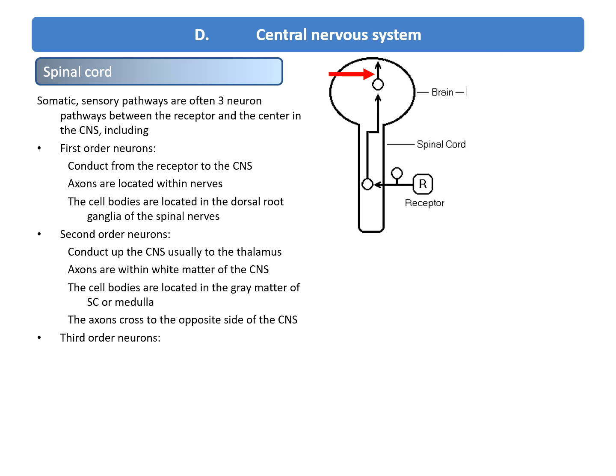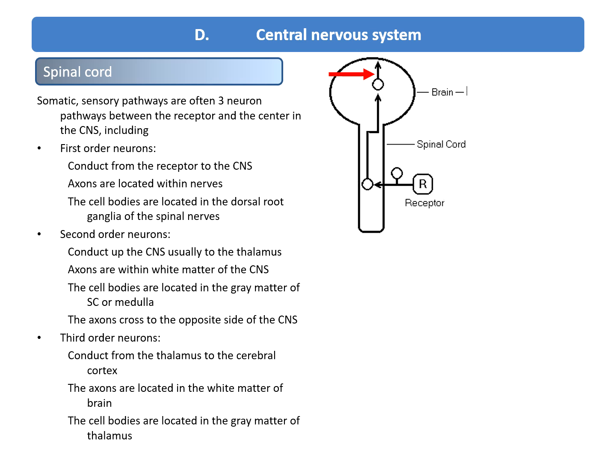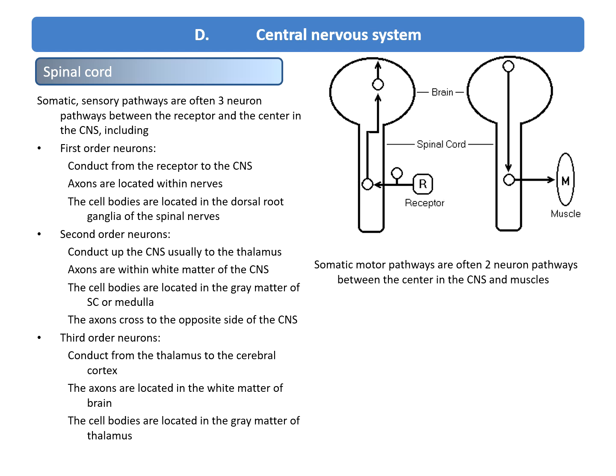Then there are the third-order neurons. They conduct from the thalamus to the cerebral cortex. The axons are located in the white matter of the brain, and the cell bodies are located in the gray matter of the thalamus. Somatic motor pathways are often 2-neuron pathways between the center in the central nervous system and